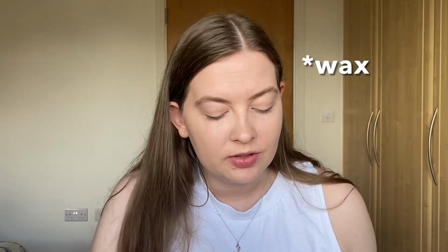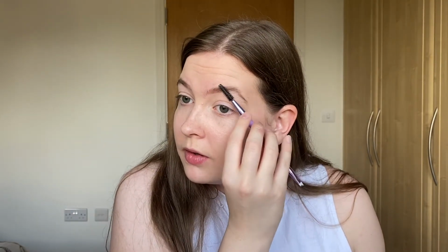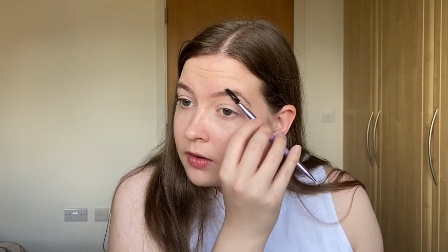I think it's probably better if you do the powder first and then go in to the gel. So I'm going to go back into the gel. I think this is a palette that I'm probably going to have to spend some time getting used to. But I do like that you have everything all together in one. And I like that you get two different shades